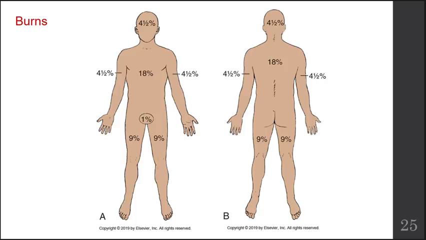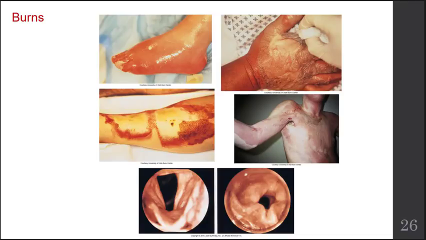So this, of course, would total 100%. And so if there's somebody who has suffered from burns to 50% of their body, it's because the burned areas are totaled up in terms of a percentage that's allotted to that area to determine that value. On this slide, you can see various images of different burns, and I will give you a bit of a